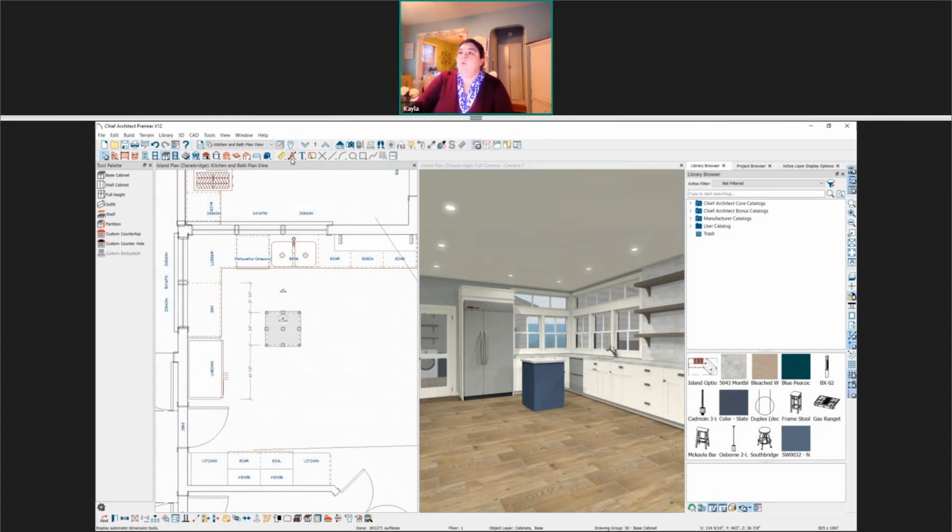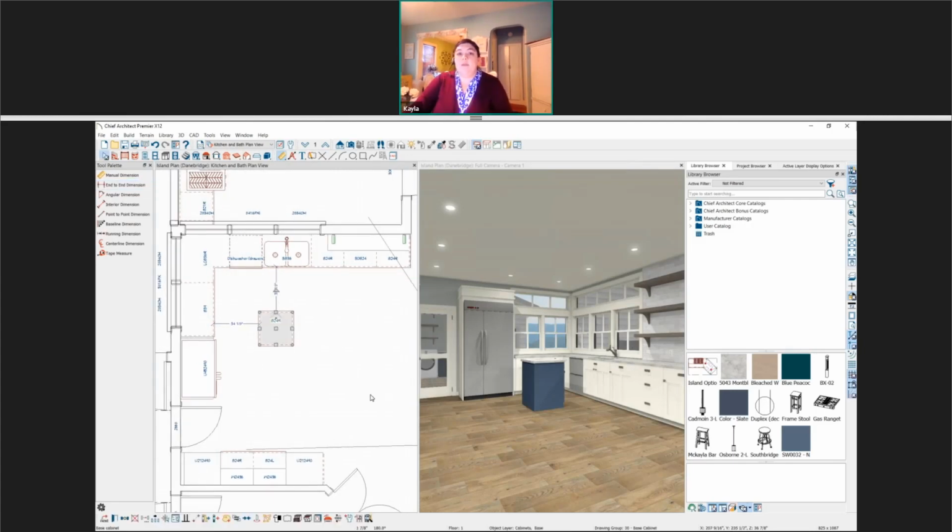And now I'm going to actually use my manual dimension tools. I'm in my kitchen and bath plan view, which means I'm using my kitchen and bath dimensioning. And I'm going to use an end-to-end dimension to just draw a dimension in between the cabinets so I can get my walkway set. Then I'm going to select this cabinet, and if I hover over top of the dimension, you can see my mouse changes to a cursor. So I can click right on that dimension and type in what I want it to become. So I want to have some nice big 48-inch walkways here.